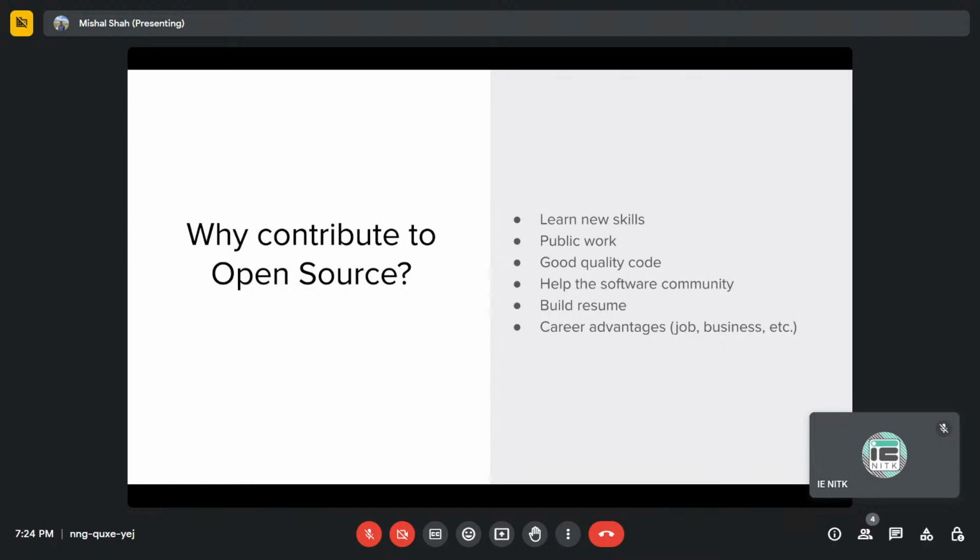And obviously the career advantage is that at the end you might get a good job because of your open source contributions. You can eventually be acquired by a business, or you can start your own business. WordPress that we see is a much bigger business right now. Even Curl, the software that I mentioned, is maintained by one individual contributor, one of the developers, supported by a lot more. And basically, that project has been acquired by a big company, and he's being paid just to maintain Curl.